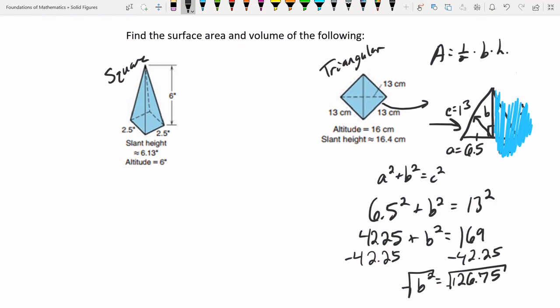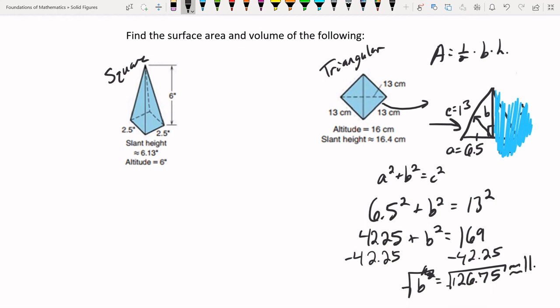That's always how you get rid of the square. And I've talked about this before in different videos, but if you take a square root, you have to worry about the plus or minus version. The same reason why x squared equals 4, that's both 2 and negative 2. But whenever you're talking about distances, like we are here, it's always going to be positive. So it's going to be the positive of the square root of 126.75,